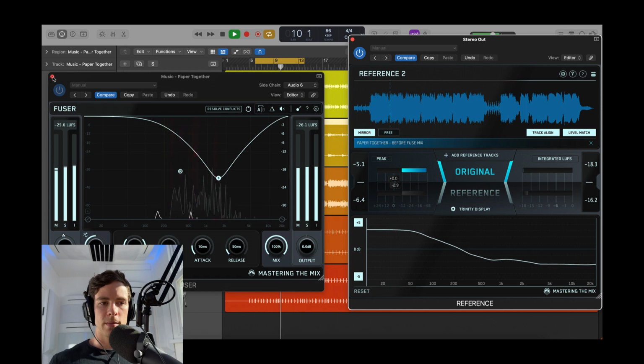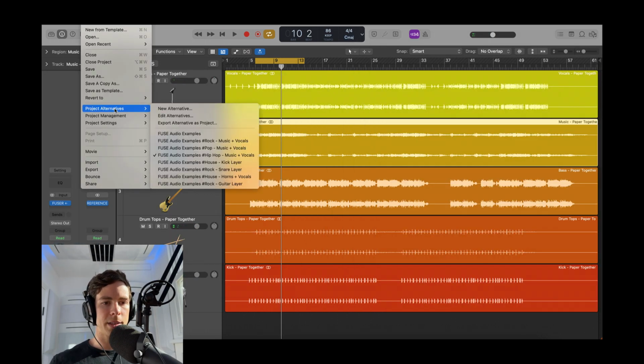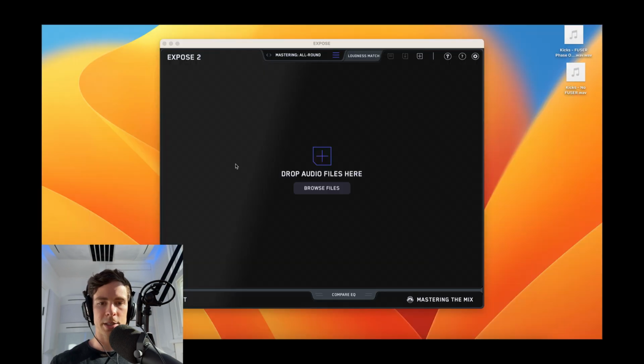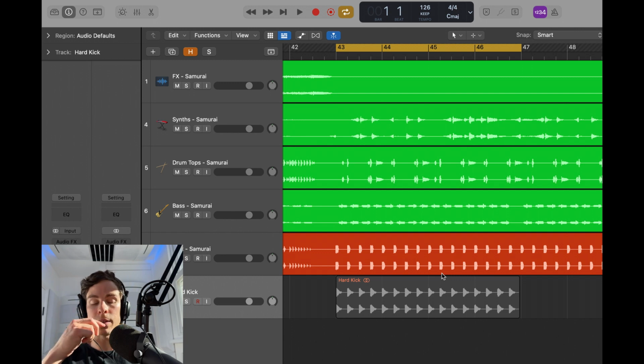Big difference. Cool. Okay, now let's look at layering kicks. So this is something that a lot of producers like to do. They love to layer kicks and add different textures and different sounds, and it can really improve the overall vibe. So when I layer these two kicks, what's happening is the low frequencies are basically overlapping and cancelling each other out. So let's have a listen.